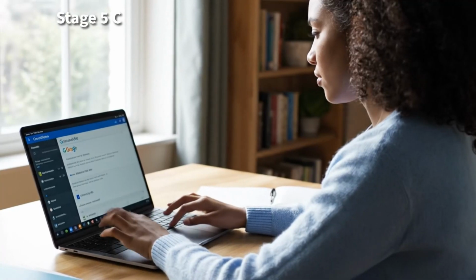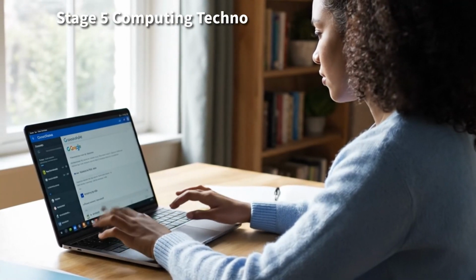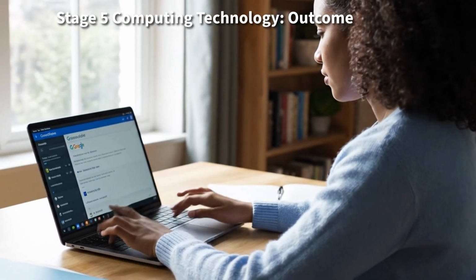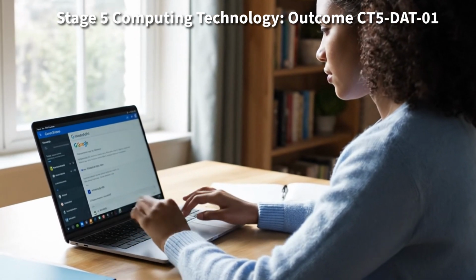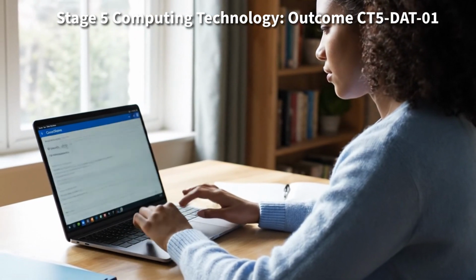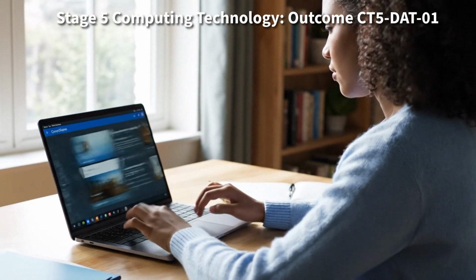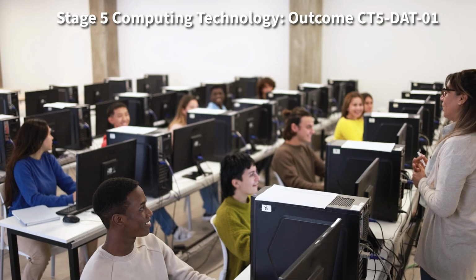Stage 5, Computing Technology, Outcome CT5-DAT-01. This explains how data is stored, transmitted, and secured in digital systems, and how information is communicated in a